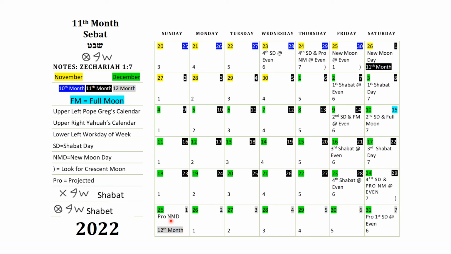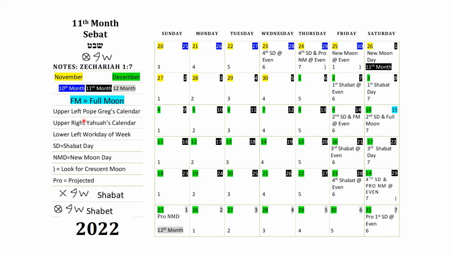So our work days of the week are going to change. You see up here will be 1, 2, 3, 4, 5, 6. This was the 7th day. So if the new moon comes out, it makes this new moon day right here. Your work day starts after new moon day in the evening. 1, 2, 3, 4, 5, 6 working days will be here this time next month, and it'll be the 7th down here. But we'll go over that once we get there.